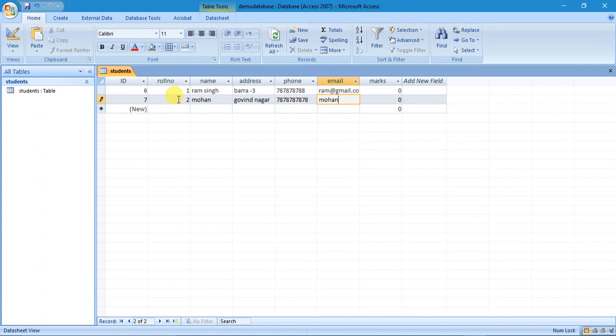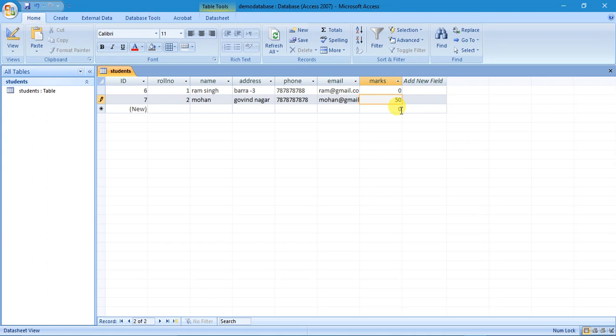Mohan@gmail.com, and look at here, as we were increasing the number of records, the default value of marks has been automatically placed here. Okay, so you can change this value to any marks, but if the student has not given the exam, then leave it blank and the default value will automatically come here.